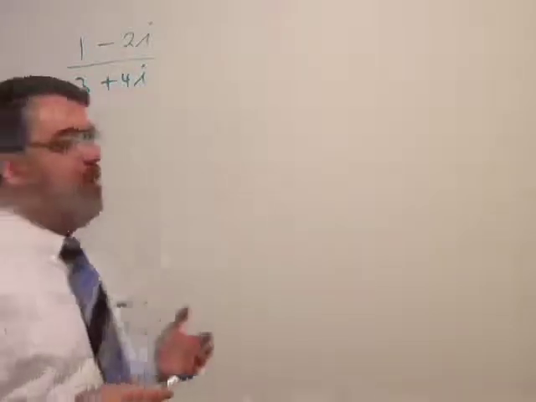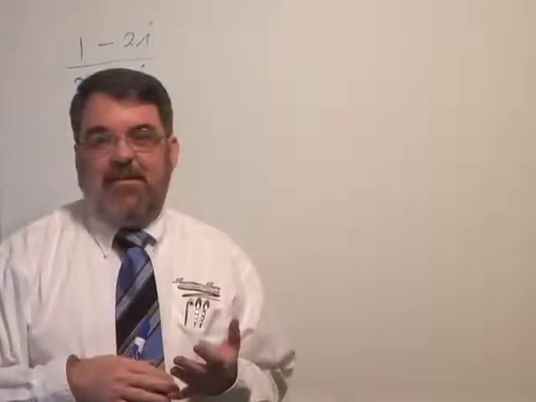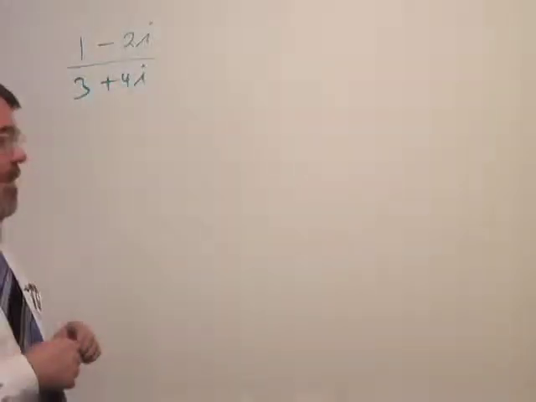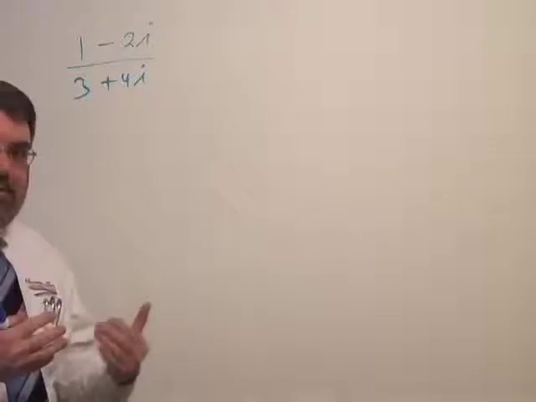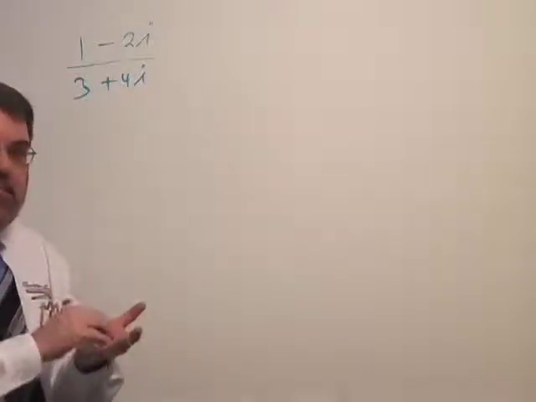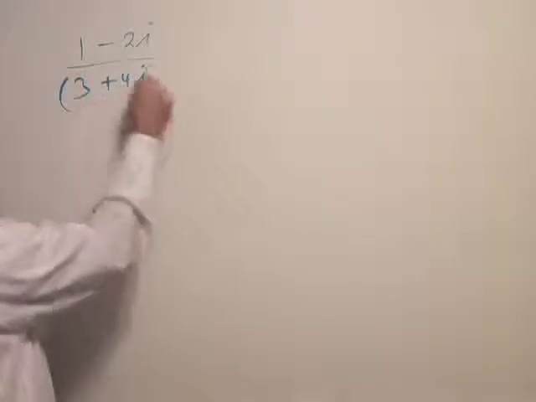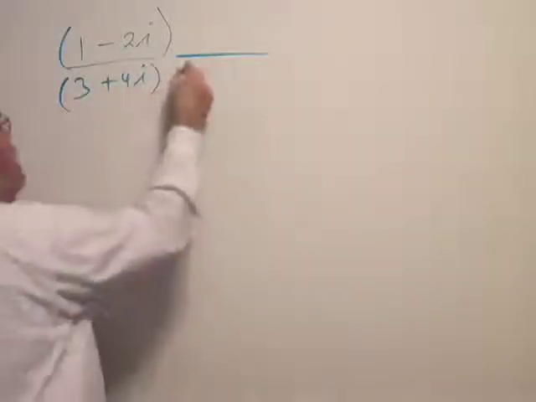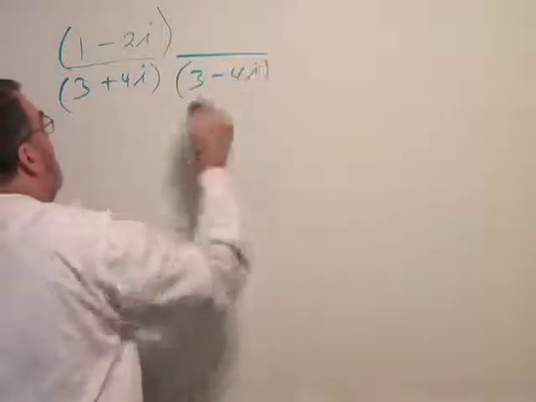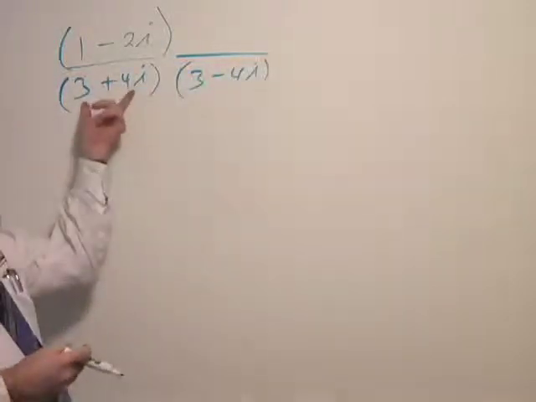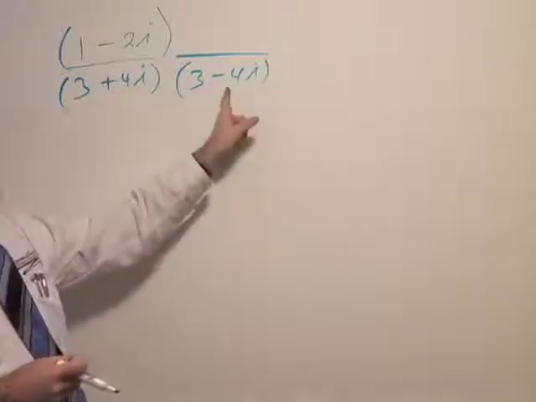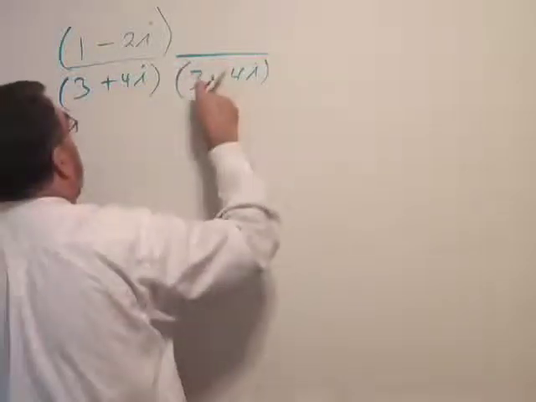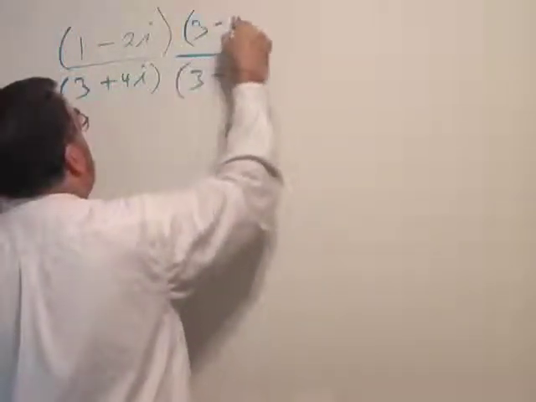What we have to do is form the conjugate of the denominator. Now, the conjugate of a binomial term is the same binomial term but changing the middle sign. So here's what that means in a little plainer English. The conjugate of 3 plus 4i is 3 minus 4i. In other words, I use these numbers, but I change the middle sign. That's called the conjugate. And I'm going to multiply numerator and denominator by this conjugate term,